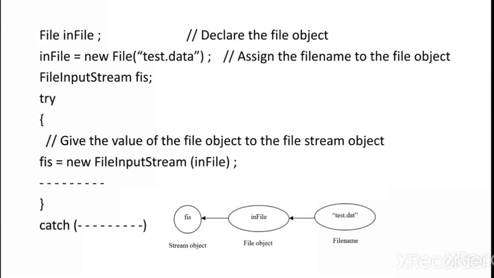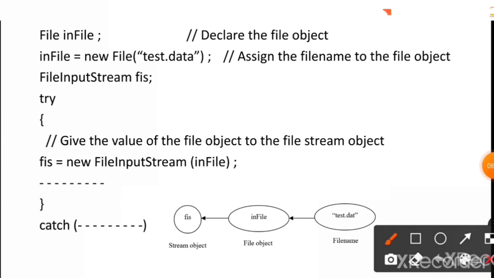Next, there is another approach, that is the indirect approach, which uses a file object that has been initialized with the desired file name, and this is illustrated in the following code. Here I am creating an object of File.